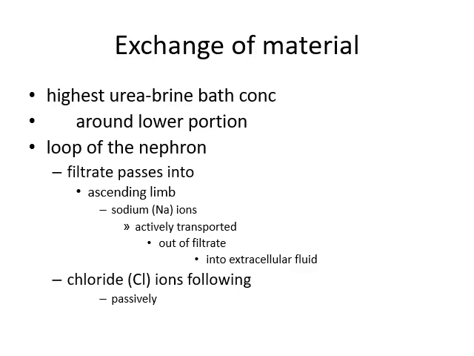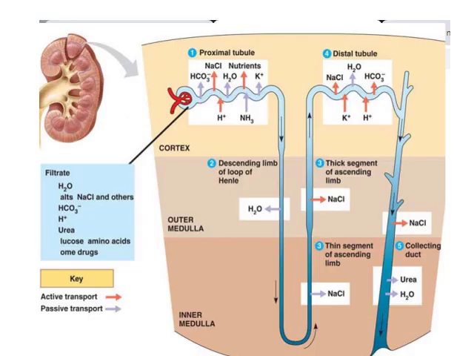It means sodium ions will be passed to the extracellular fluid by expenditure of ATP, whereas chloride ions don't need ATP for their transport, and water will not move in the ascending limb to the extracellular fluid. Here you can see that there is a nephron having the cortex, the outer medulla, and the inner medulla. It means the portion in the inner medulla has very high salt concentration.